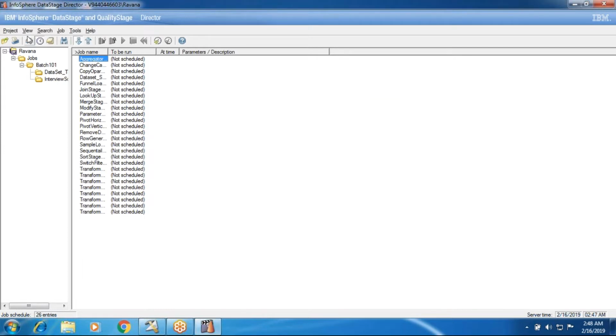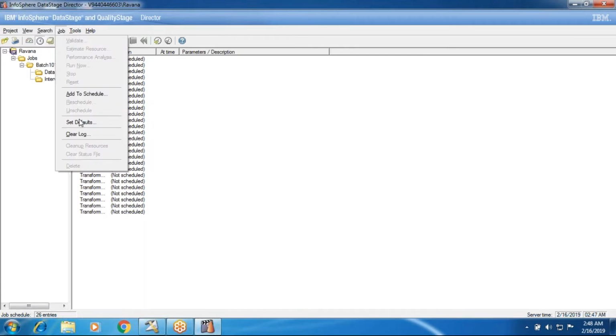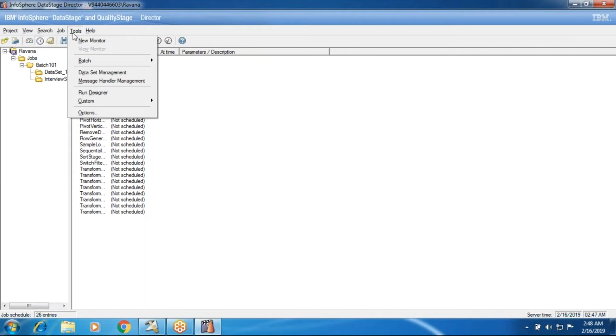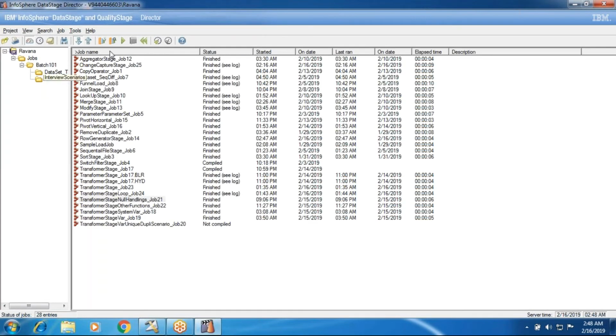So this is the way you can schedule, and in the view tab you can list out the jobs in ascending order, sorting, and the status. All this information you can see. Okay, it's not a big deal, and you can have the log, clear log, some concepts of director you have, but you don't need to do it here. Okay, with your experience. So this is about your director concept,